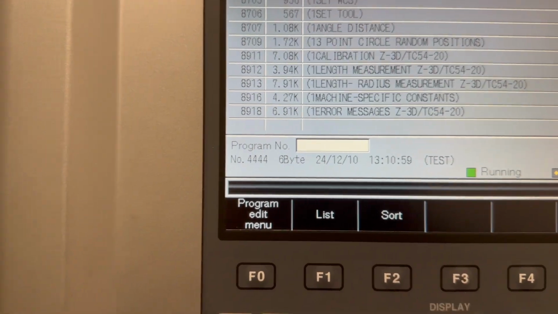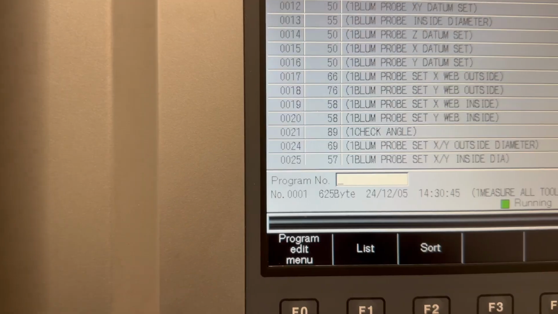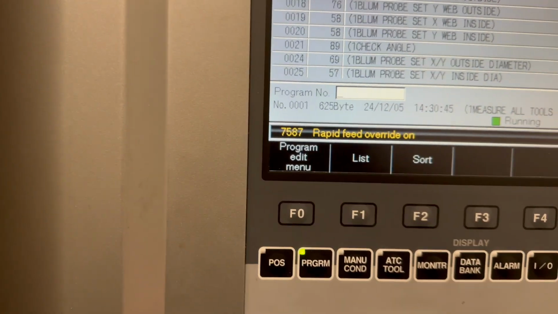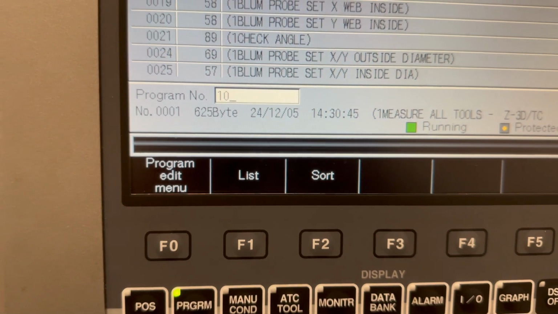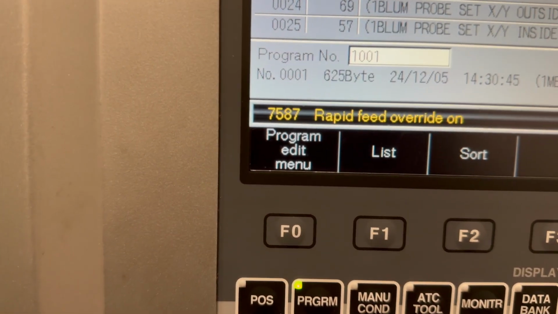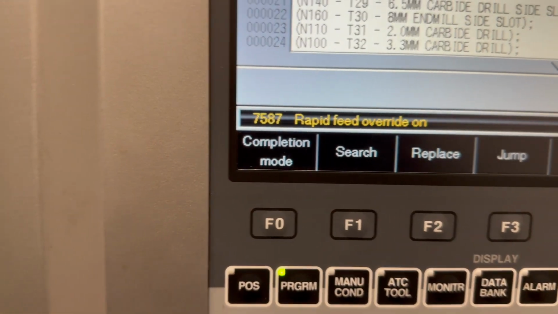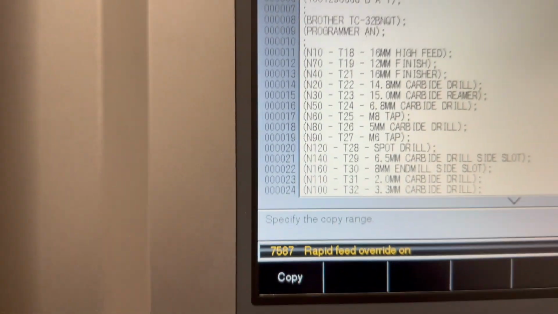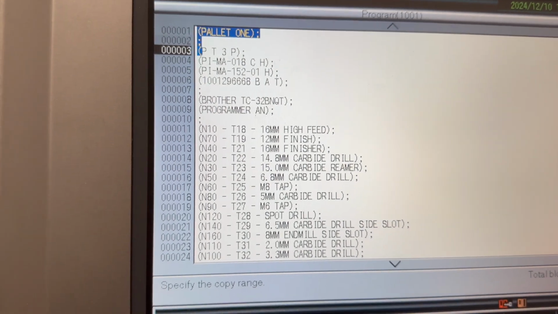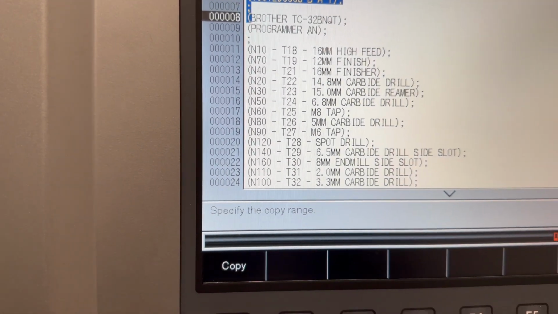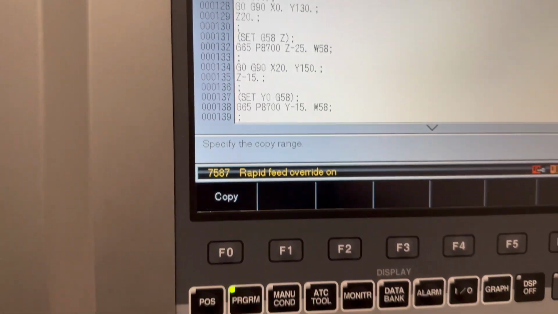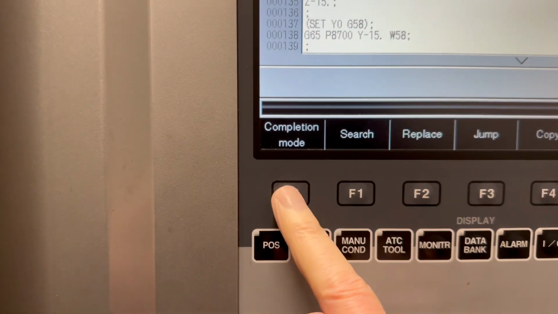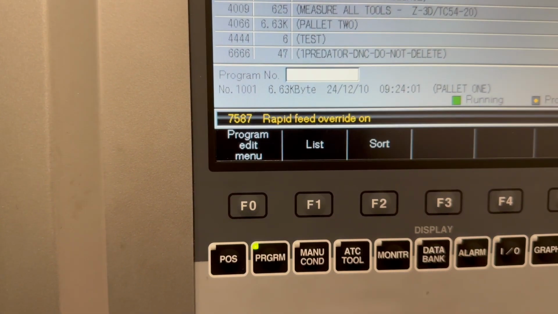So if I wanted to, for example, copy something, for example, program 1001, so I'm going to go 1001, enter, and if I copy from there, I'll just page some more, I'll copy all that, and then I'm going to say completion, complete without saving,